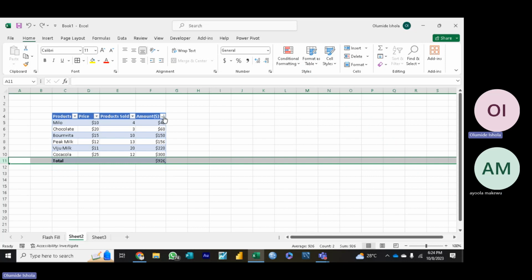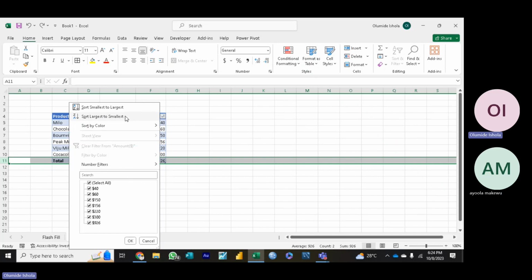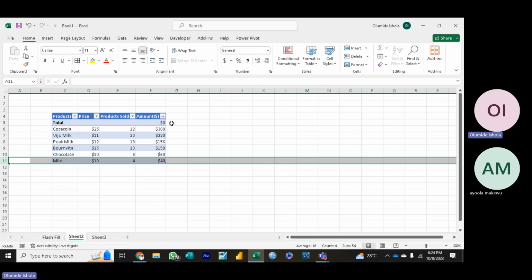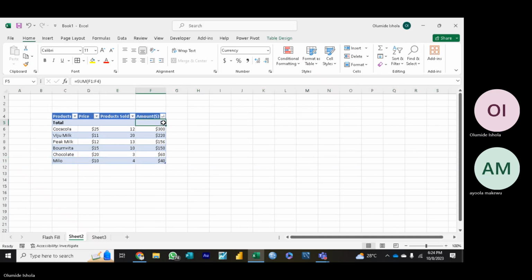Let's say we want to sort it and say, okay, largest to smallest. And the total is showing us 0. Why is it showing us 0? Because it's not doing what we need. What we need is that we are starting from F5, and we need the total of everything here to be equal to this. But Excel has changed the functions already. Maybe we'll do the sorting, because this is sorting. But if you are doing sorting,